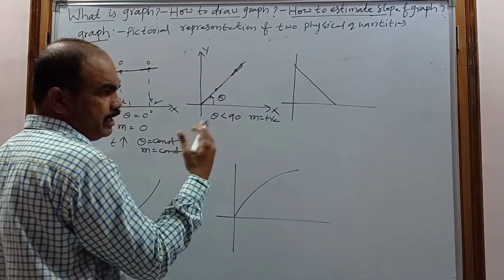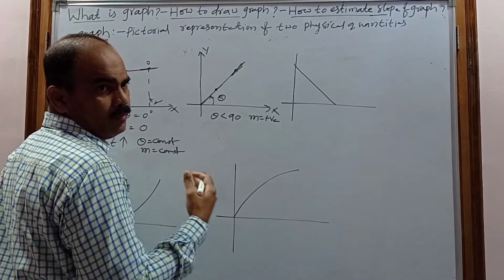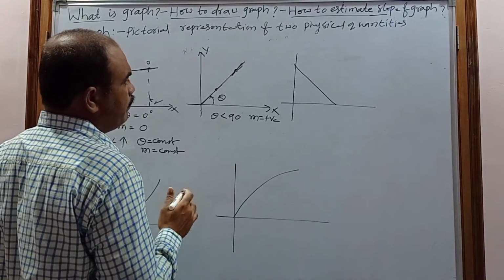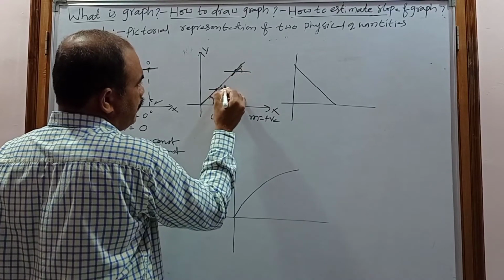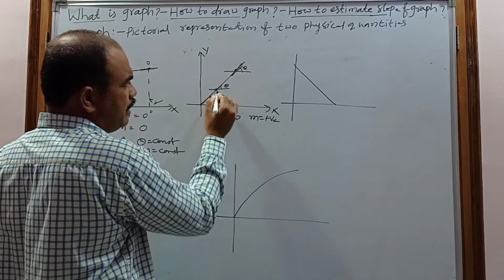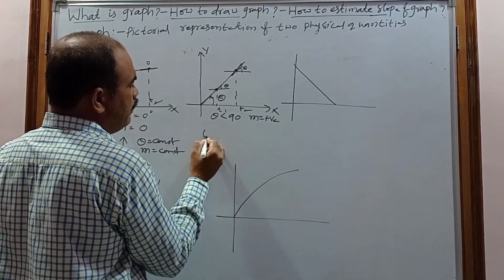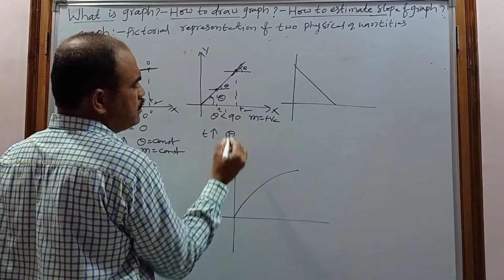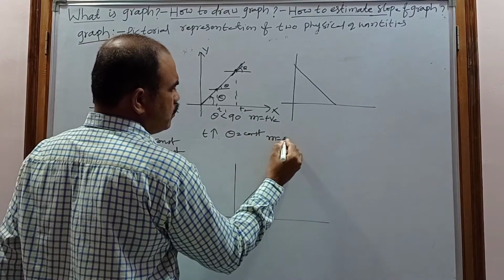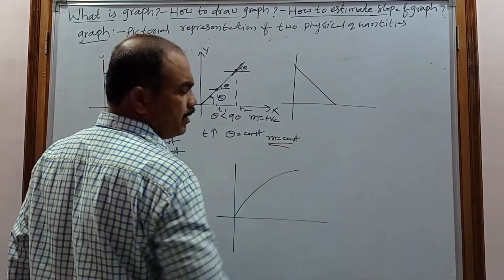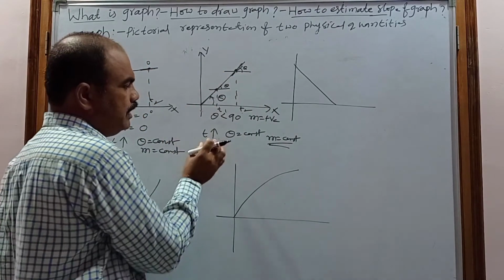Now estimate whether it is changing or not with respect to time, whether the slope is increasing or decreasing. Observe the angle made by the 2 tangents here. It is not changing when the time changes. This is the t1 time and this is the t2 time. When the time is increasing, theta is also not changing, theta is constant. So the slope of the graph also does not change when the time changes. The slope is positive but it does not change with time.